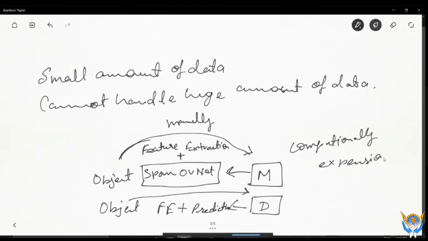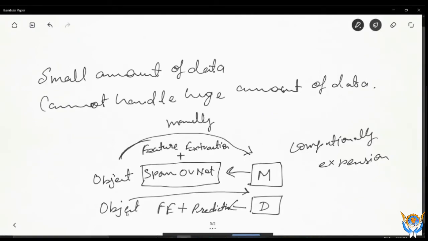Okay, when you have a huge volume of data. But in terms of deep learning, it is very easy: you just have to feed that objective. You just tell your model what the objective is, what you are trying to predict, and then your model simply extracts the important features and makes a prediction for you. Okay, so this is an important concept of deep learning. This is basically an improvement in deep learning.